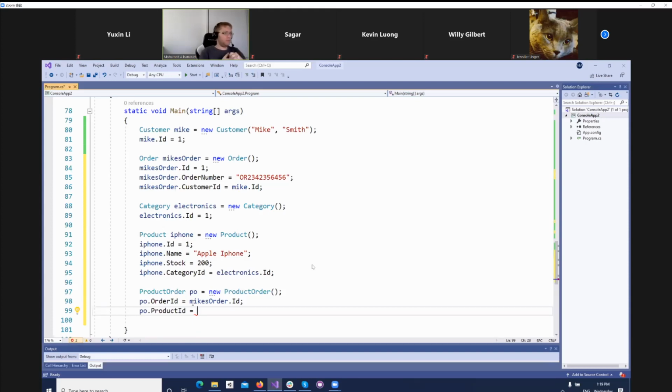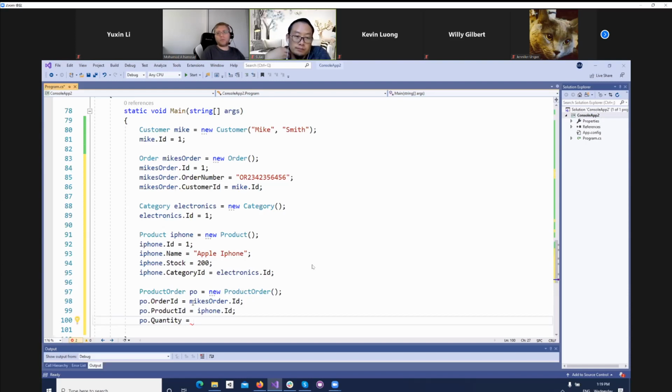Can anyone continue? What is the ID in this? iPhone.id. The ID of the iPhones, because Mike wants 3 iPhones. Okay, now this one is also a quantity, like how many iPhones Mike wants in his order? He wants 3,